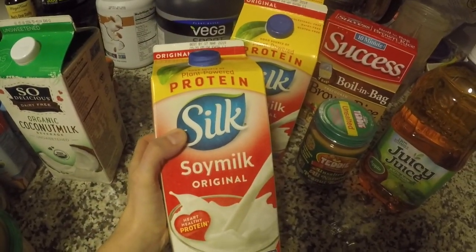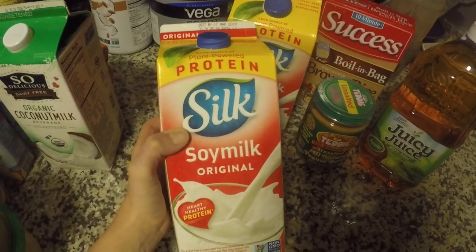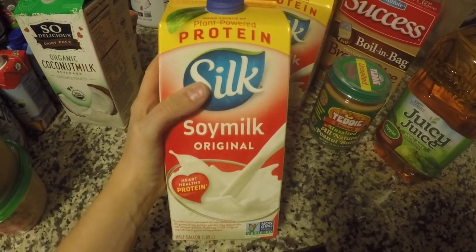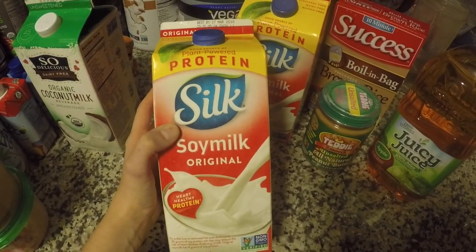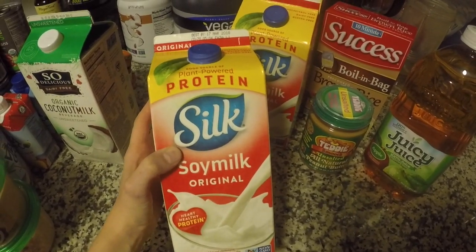Now, we get this soy milk from them, and like I just talked about with the yogurt, we try to limit his soy so that we do purchase different milk for him, and me and Derek will use this soy milk. I use it on my cereal. Derek uses it in his smoothies. Sometimes if I have to cook, I'll use soy milk, although I usually use the other milk that I get for Levi, which you will be seeing